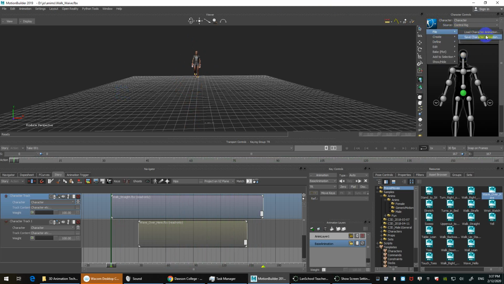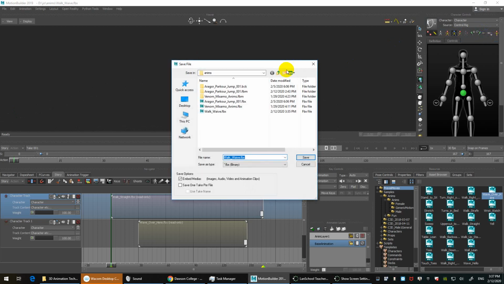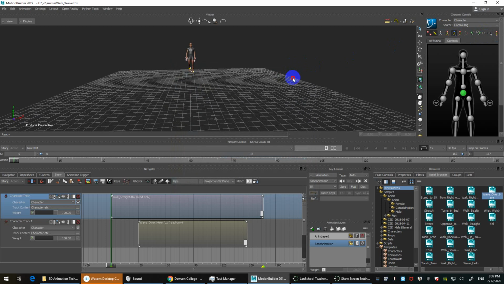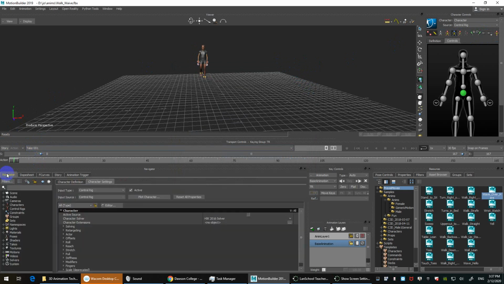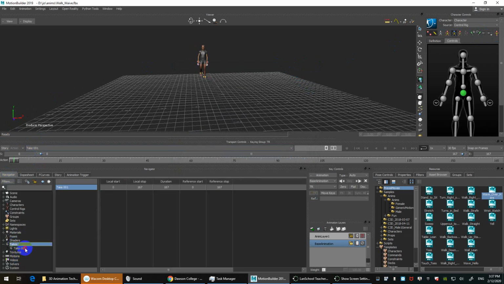You can save it like this. Actually, no, you can just save on top. You just need to name this clip walk wave. Save. And if you open a new scene,